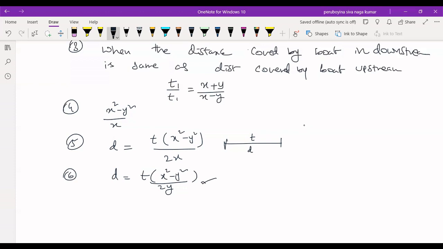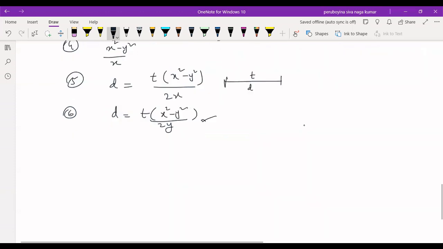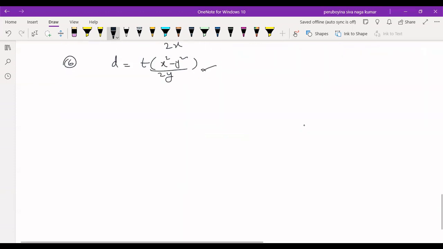Okay, understood? So these are the formulas we generally use in boats and streams. Next concept is pipes and cisterns. So generally